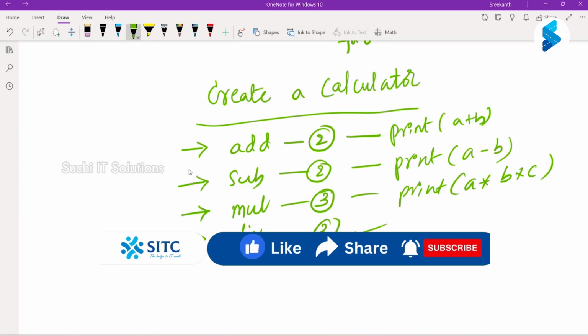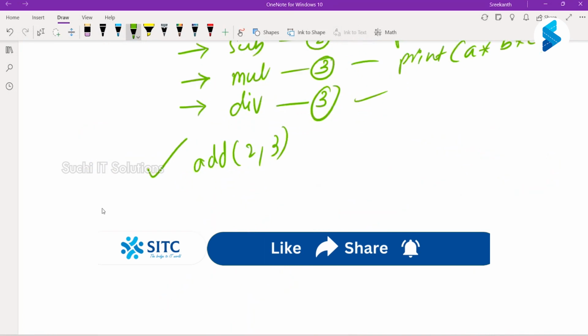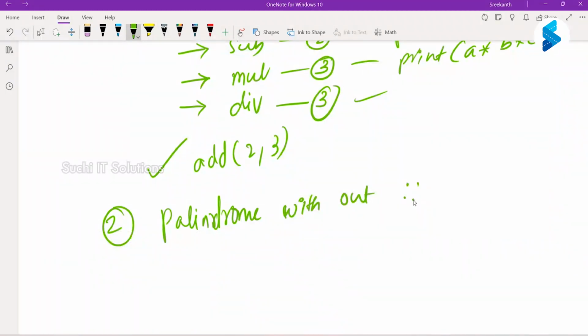So I create four functions: addition, subtraction, multiplication, and division. And you should be able to call that function and pass those two values, 2, 3. This is going to give 5, 2 plus 3. This is assignment 1. The second assignment is, remember the palindrome? Without colon colon minus 1 or reverse. Okay,